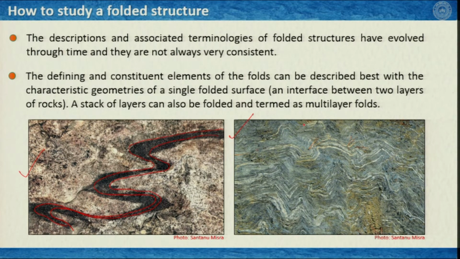You see here, these are alternate bands of metamorphic foliations, and you see this layer got folded like this, then this layer got folded like this, the layer in between it got folded like this. So, if you study a single layer, you can see that the fold pattern of this particular layer is significantly different from this particular layer and this particular layer. So, in multi-layers they can produce folds in a very similar fashion or in a very different fashion.